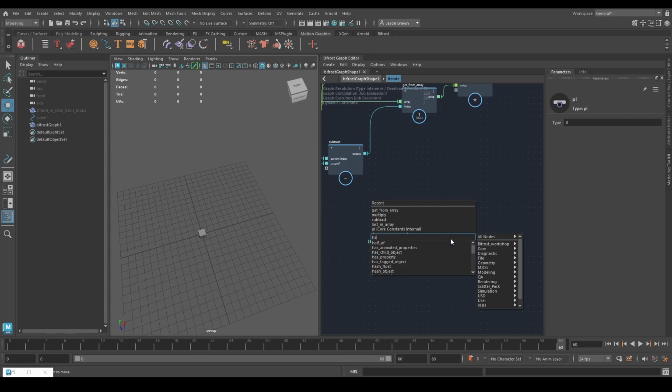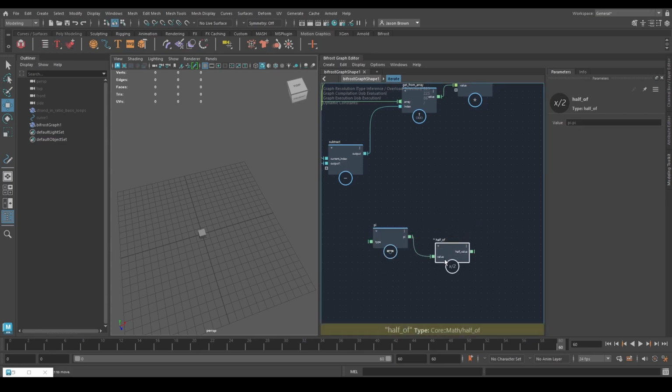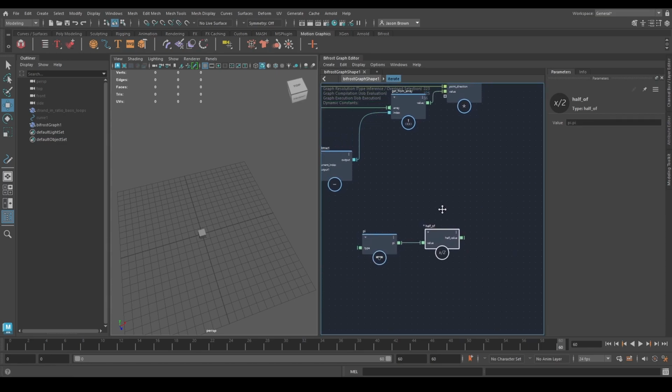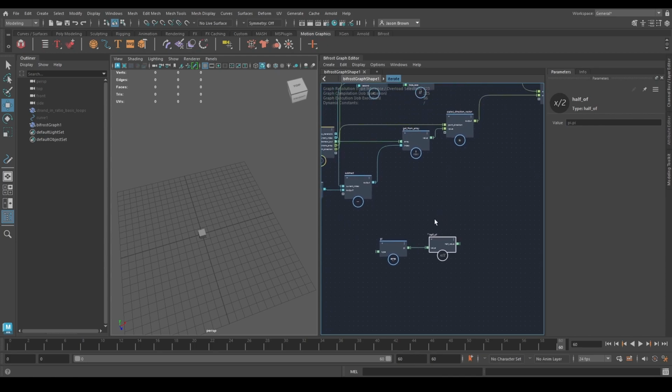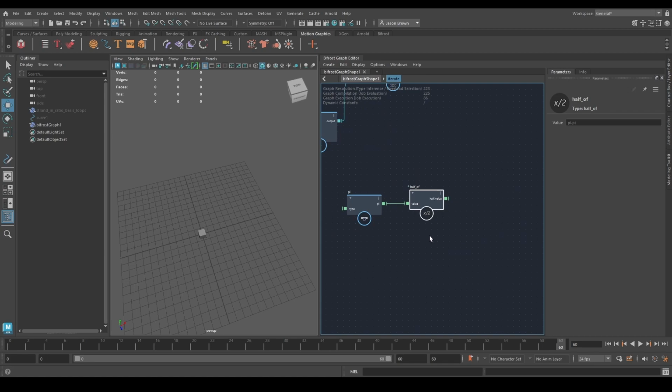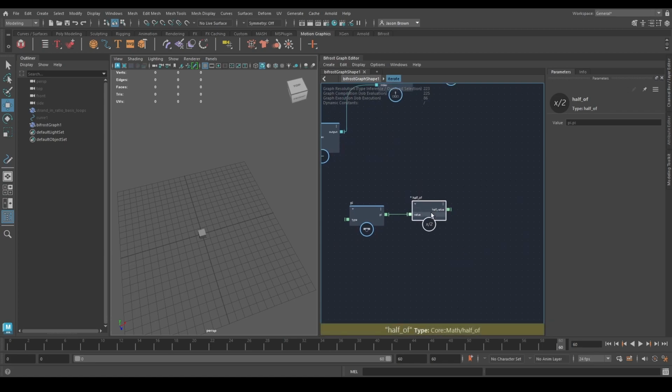We've got a node to handle that. Half of, so we're taking pi, we're getting half of it. So now we have half of our good friend pi. Why is pi our good friend? Well, pi is our good friend because we like to do circles, and pi is really good for doing circles. Now this is basically the radian version of 90 degrees, and if you have a look at our PowerPoint,